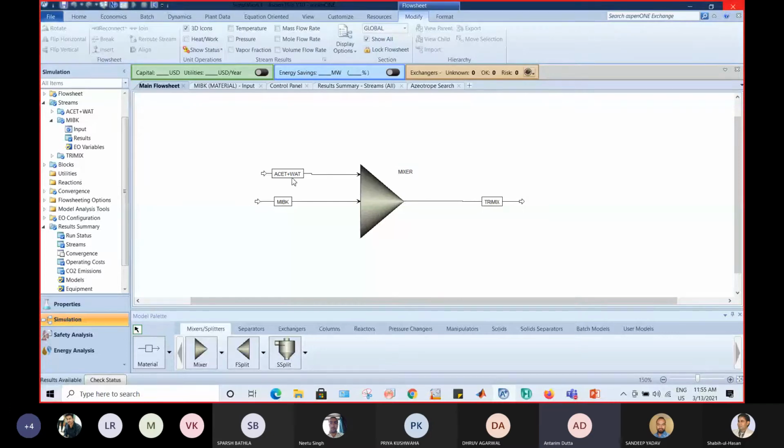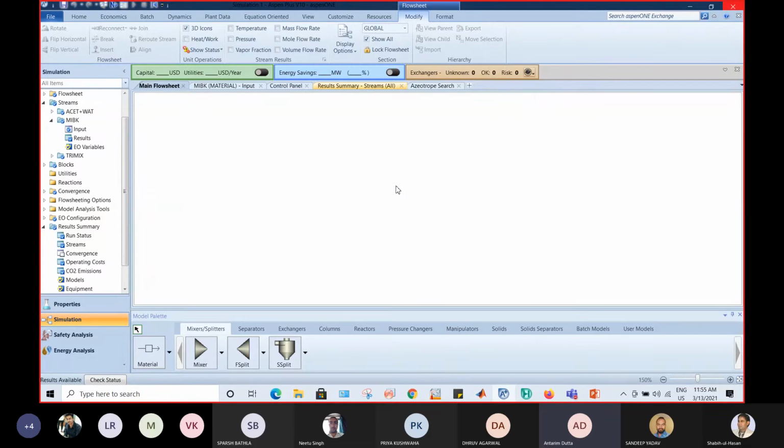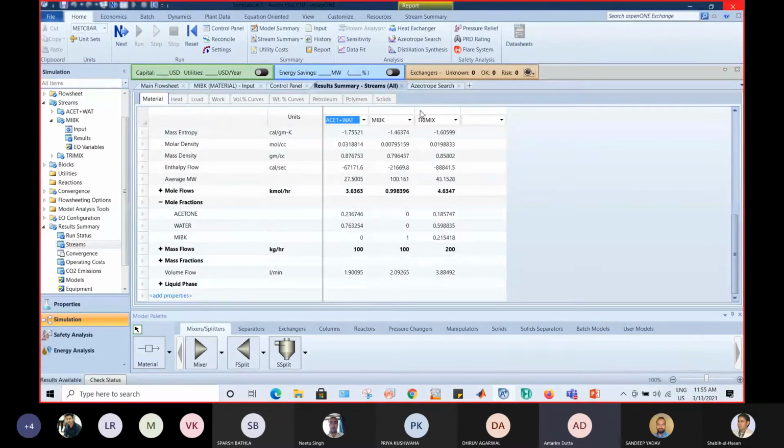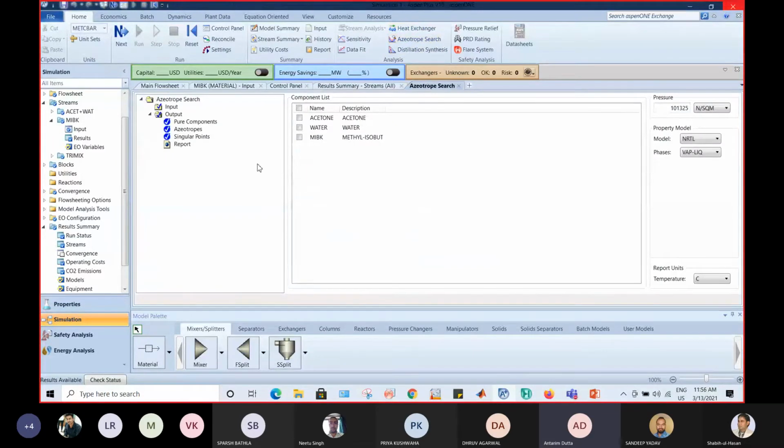For searching, you just have to click on it, and this dialog box will appear in front of you. You have to select all the components and click on azeotropes to view your azeotropic composition, or if there is no azeotrope, then no details would be available over here. Okay, so this is all about your mixer part.